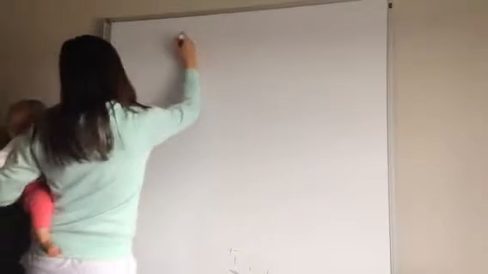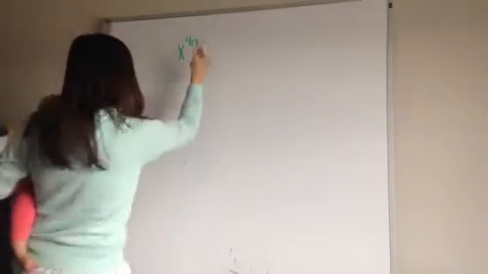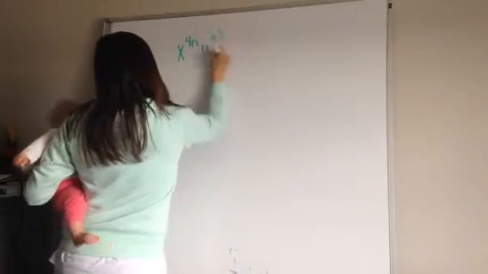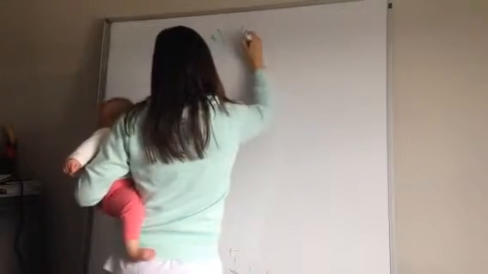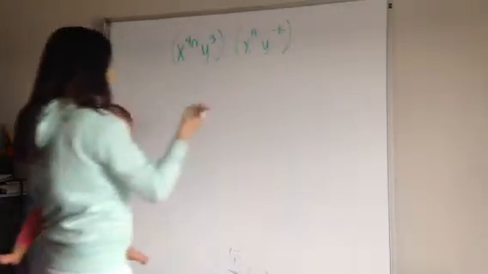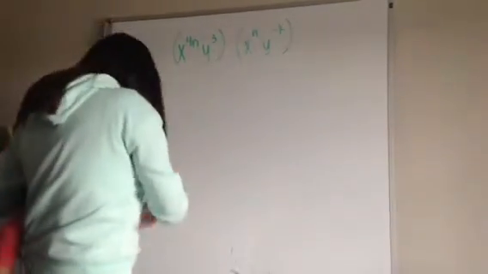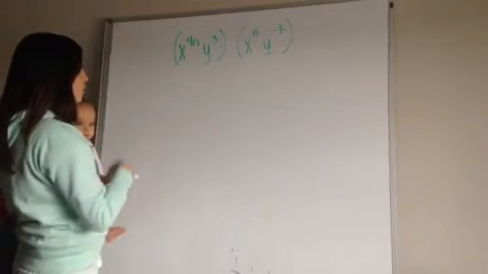So x to the 4n times y to the 3rd, and then x to the n, and y to the negative k. Okay, so we are going to